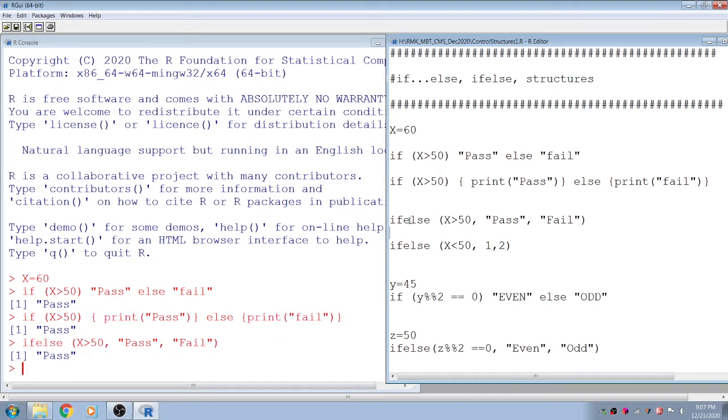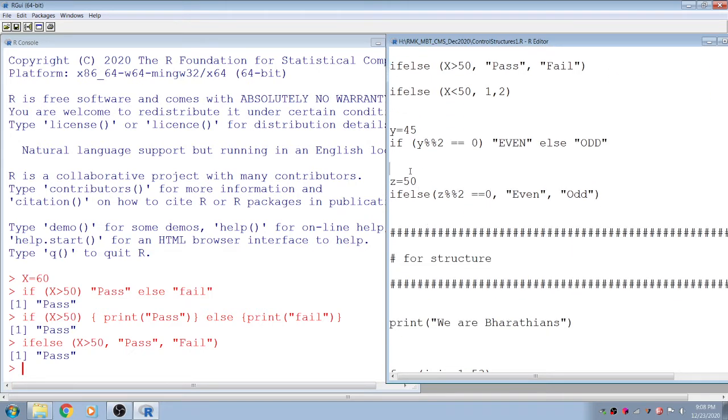Now you see the other ifelse. The difference, ifelse is here. Now you combine this, within the parentheses you need to type all of these. The first part is the condition, then this is for true. If the condition is true, this statement will be executed. If the condition is false, the second statement will be executed. So condition, first statement, second statement, you need to give it like that if you are using the combined ifelse.